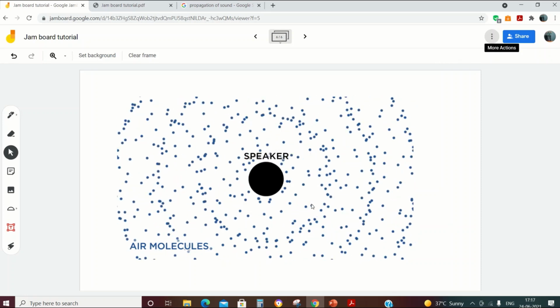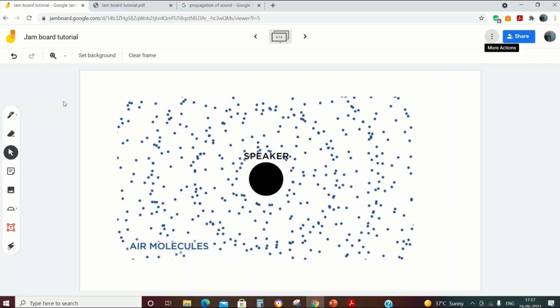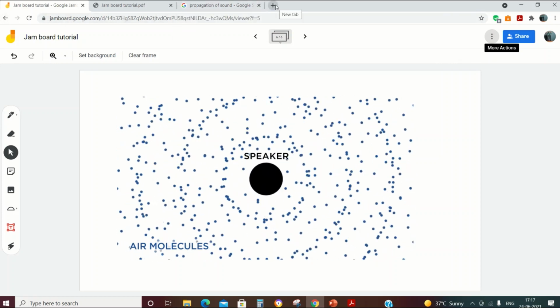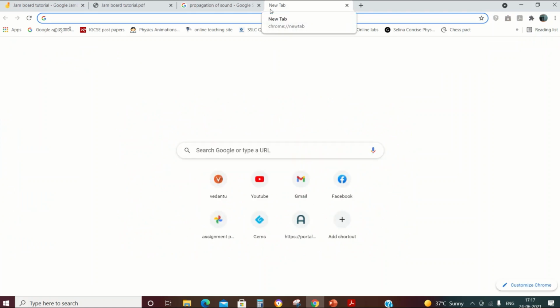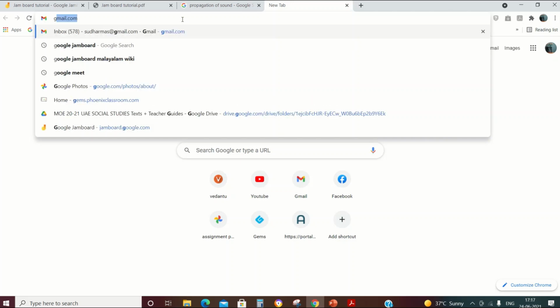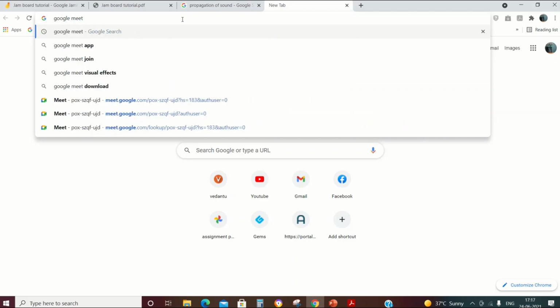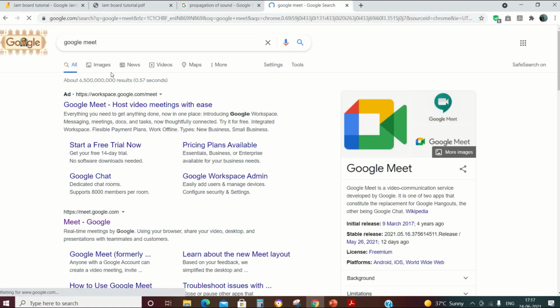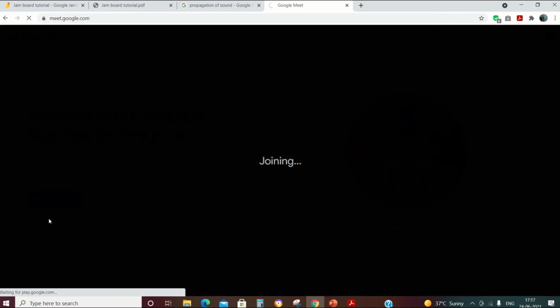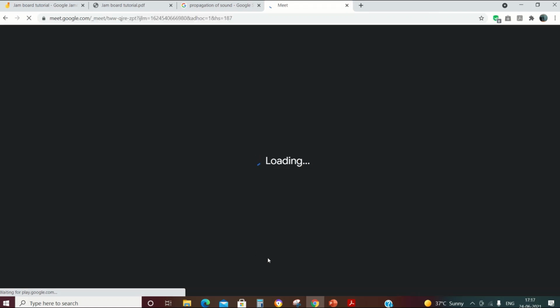So now, this is through the Google Chrome browser we have entered into this Jamboard. Now let me see how we do this during our classes. So what I'm going to do is create a Google Meet. Okay, so I just start an instant Google Meet. Let me go to Google Meet, start an instant meeting and show you. So my meeting is getting ready. If you want the camera, you can switch on the camera, otherwise you can just leave it.